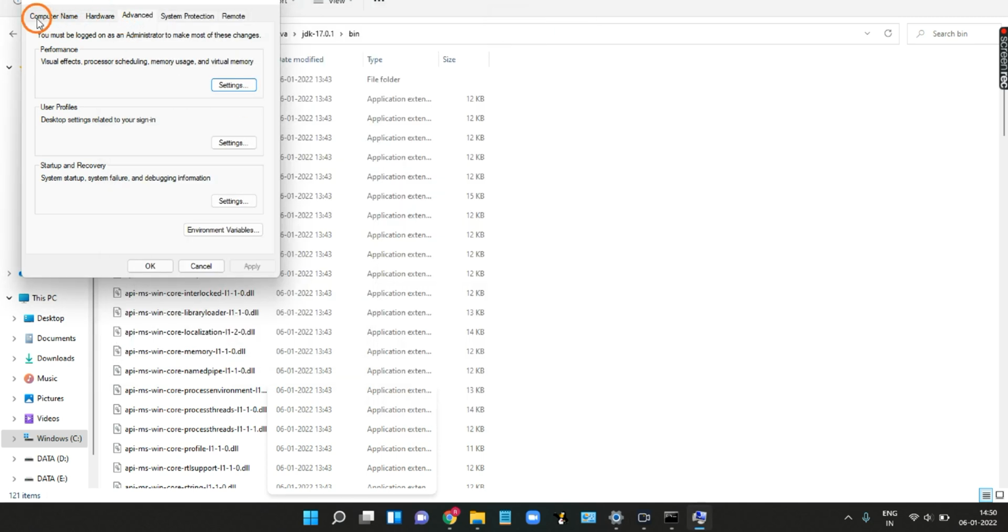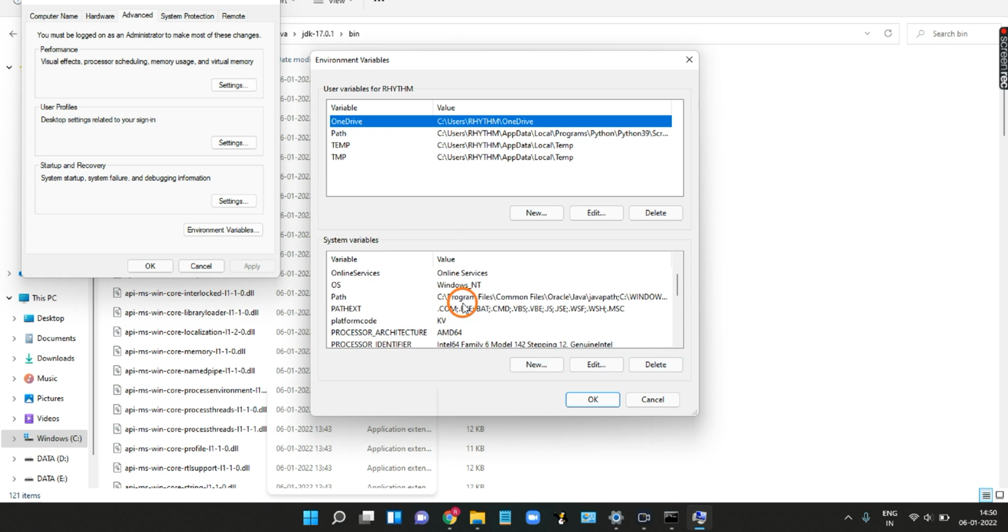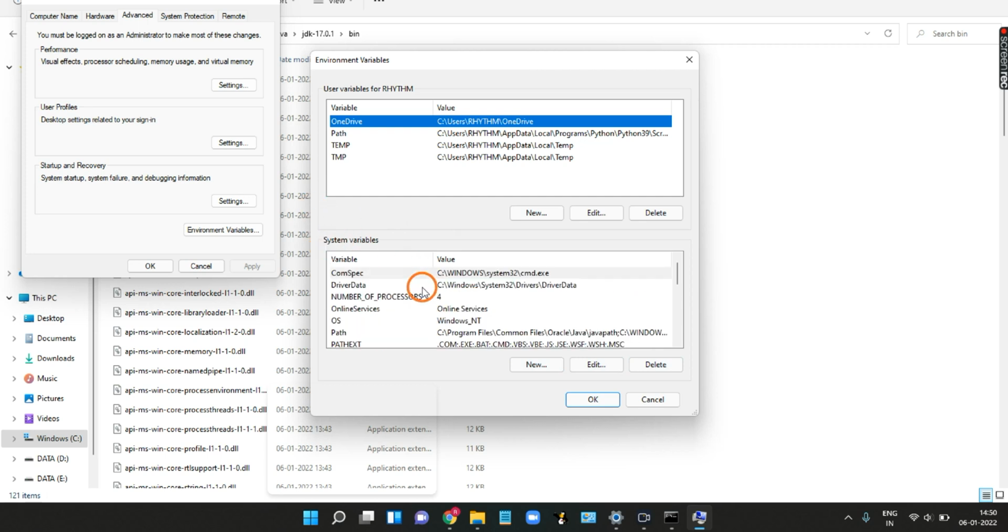Here you have to select the advanced button. Click on the advanced button and then select environment variables from here. After that, see the same menu has opened and now these three buttons, new, edit and delete, are available. After that, in the system variables, just scroll a little bit down and you can see path option is available.